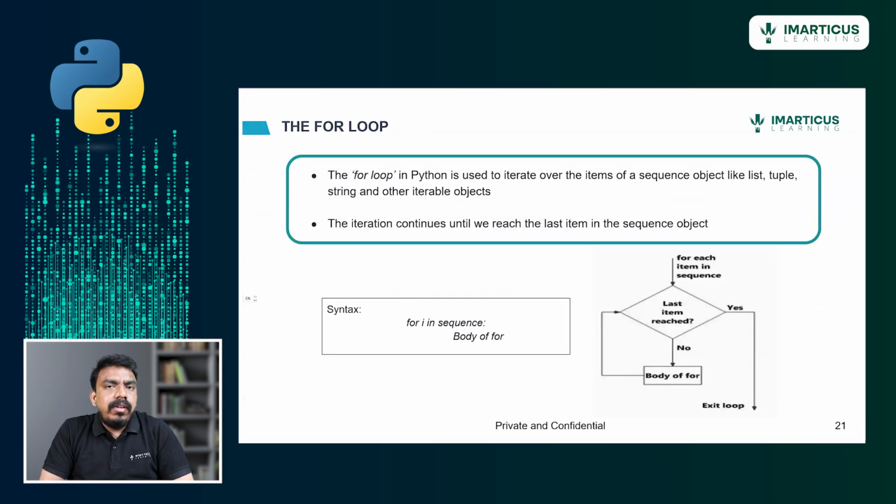So if anyone asks you what is a for loop, you can say the for loop is your friend, because whenever you start programming in Python, you will often be using the for loop to perform tasks. The while loop will be rarely used, but the for loop will be used often, right? The for loop in Python is used to iterate over the items of a sequence. So when you want to iterate over elements with a known condition, for example, if you know the number of iterations that need to be performed, you will go for a for loop.